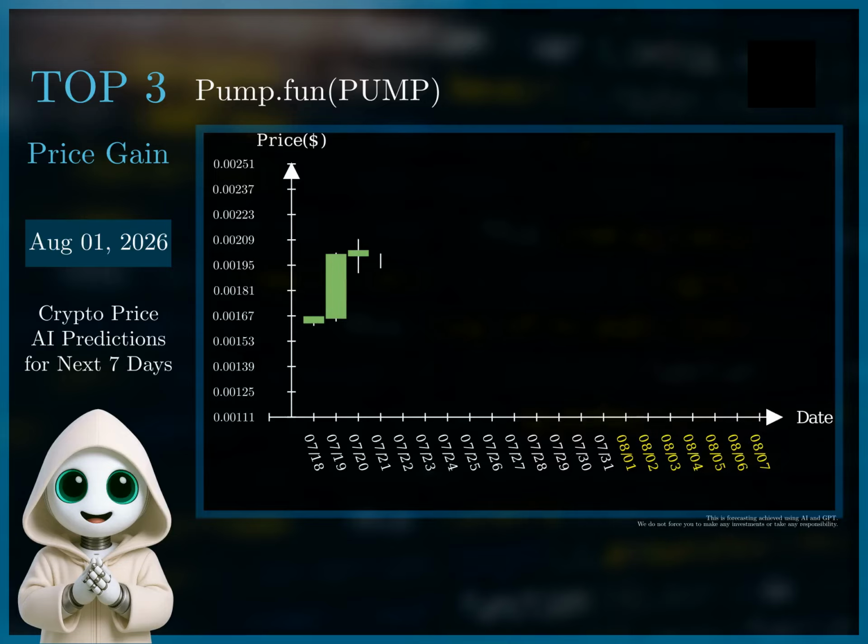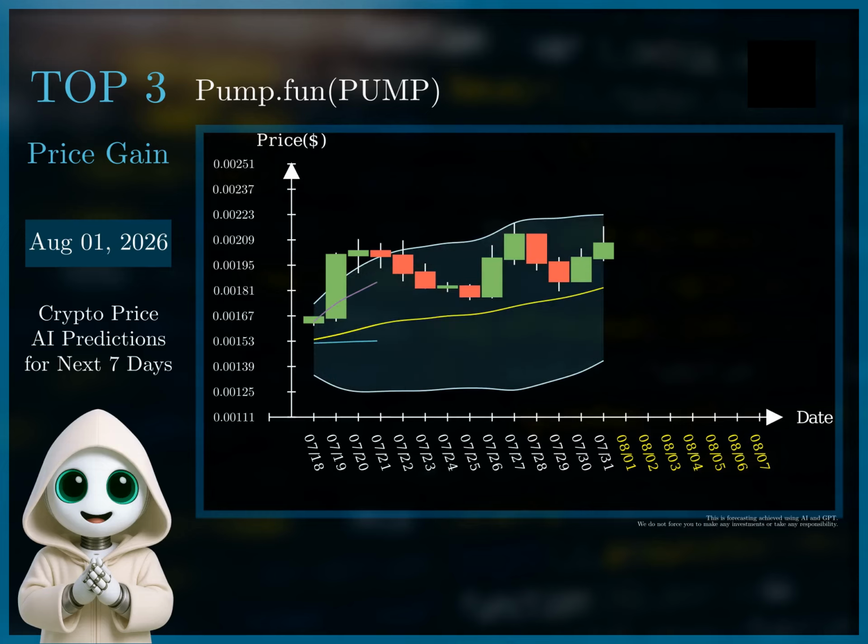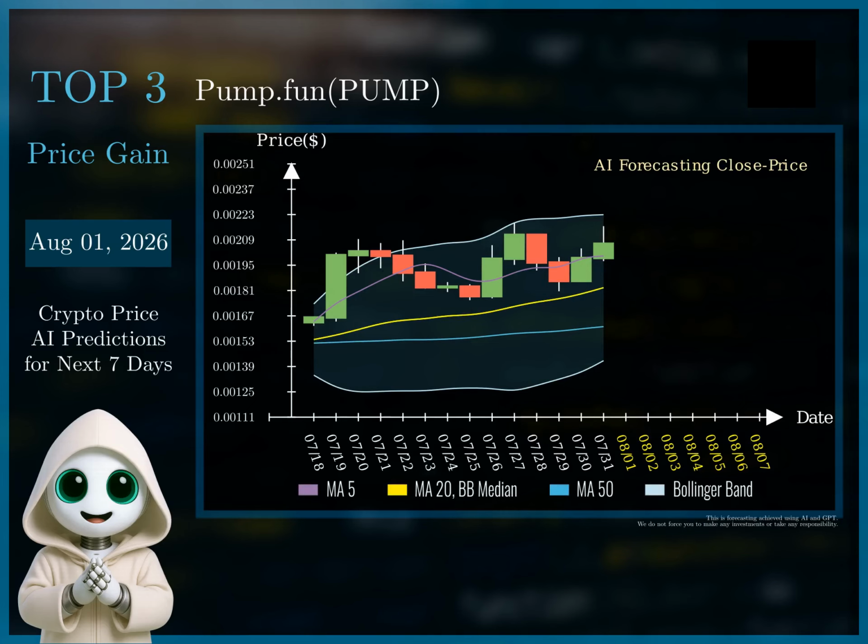Based on the historical data and forecast, Pump.fun exhibits a slightly upward trend, fluctuating within a defined range between 0.00164 and 0.00212. The RSI consistently remains above 50, indicating a generally bullish sentiment, though it occasionally dips towards oversold levels. The Bollinger Bands show periods of volatility, with the price frequently touching or nearing the upper band, suggesting potential for short-term upward movements. Considering this, I recommend a strategy that combines RSI and Bollinger Bands to capitalize on these